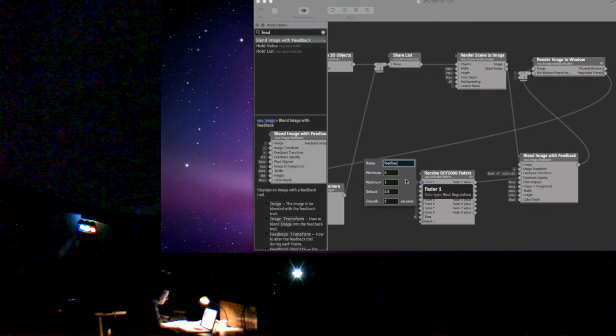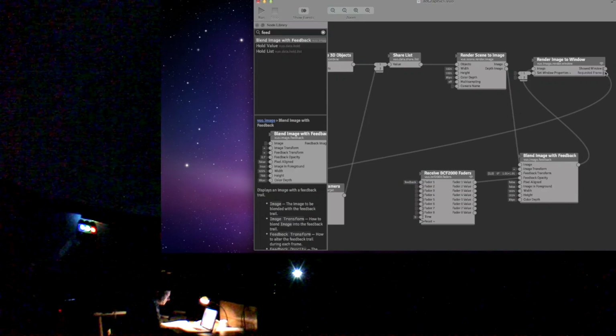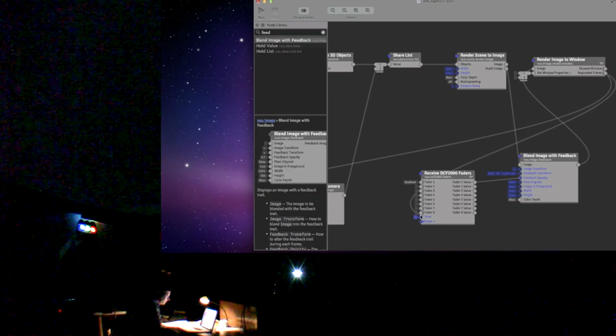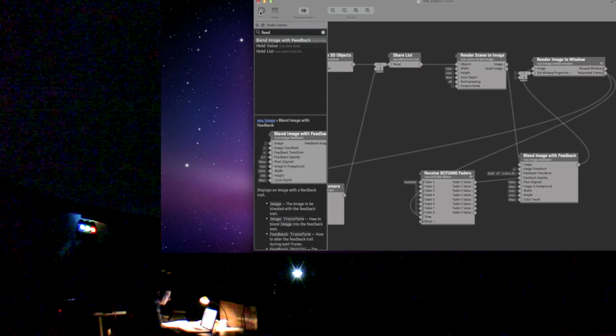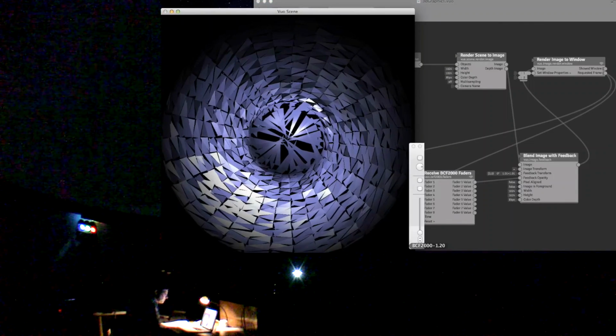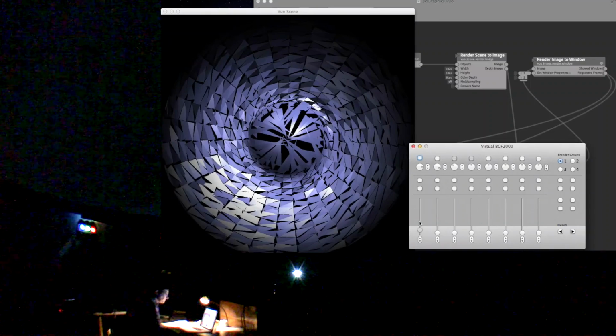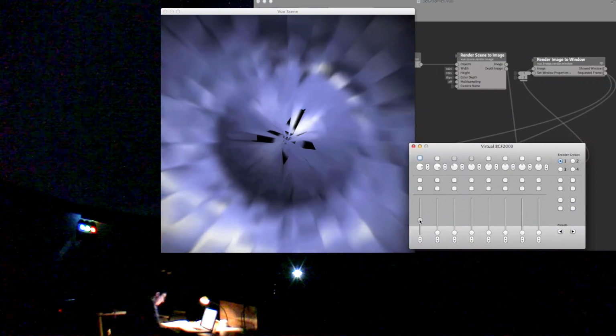Okay, so we're setting up our fader to control the amount of feedback, and we're setting up a cable to drive the faders. Oop, and now we have some feedback.